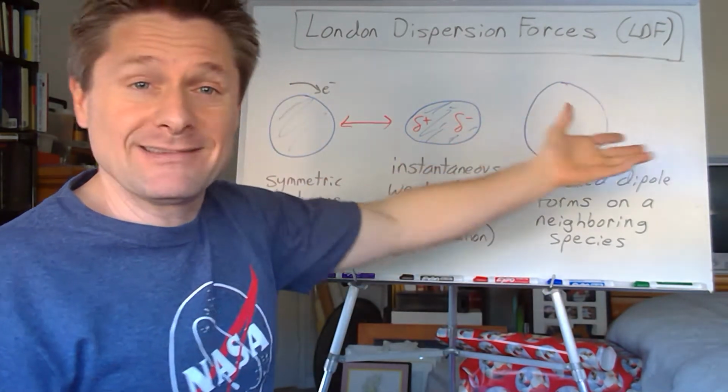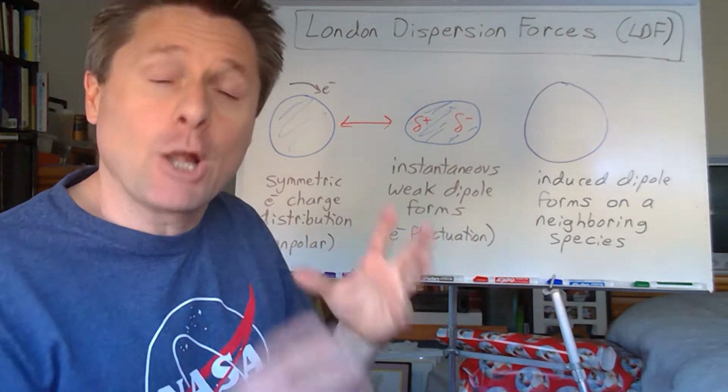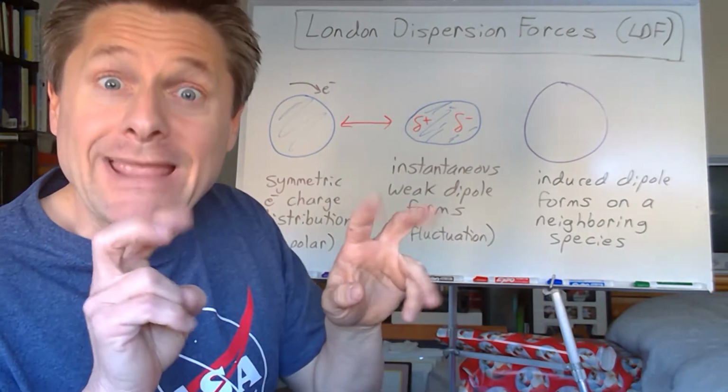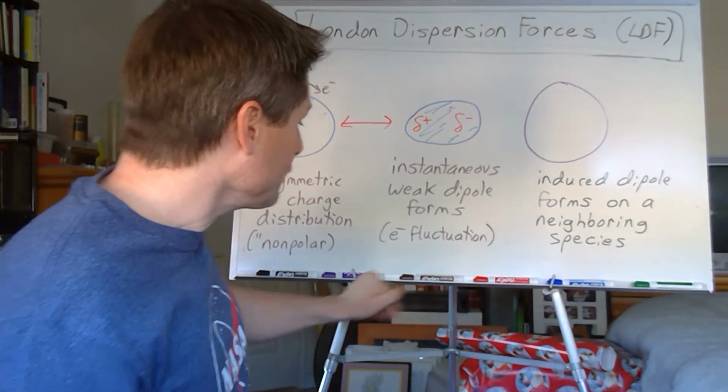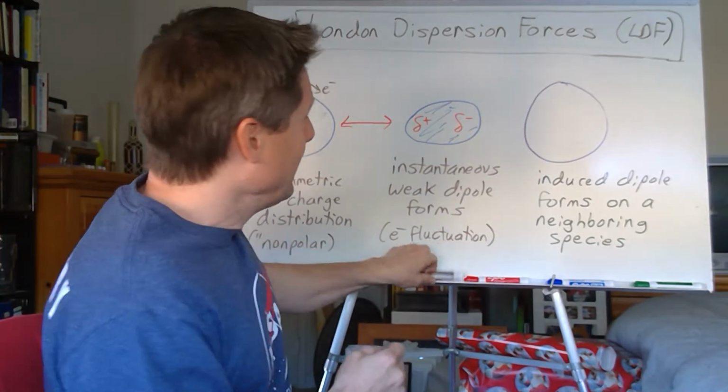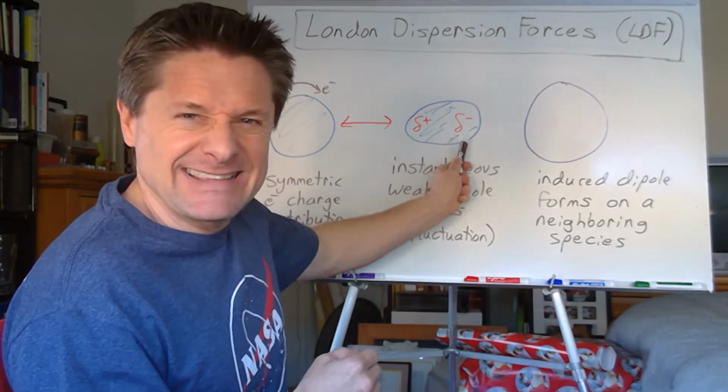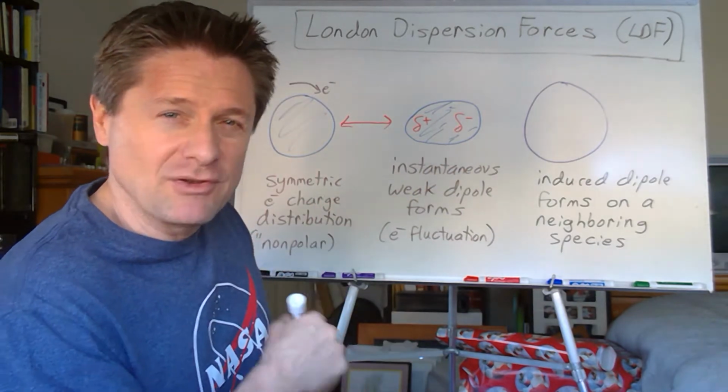If it's too far away, it doesn't notice it. It just goes on by. It's got to be close. It's got to be moving slow, i.e. colder temperatures, depending on how big they are and how strong these forces are. So what's going to happen, if it's close enough, it's going to sense that slightly partial negative, which means